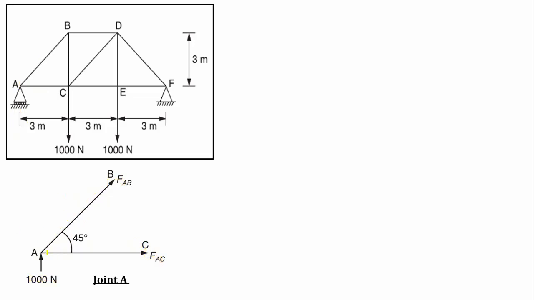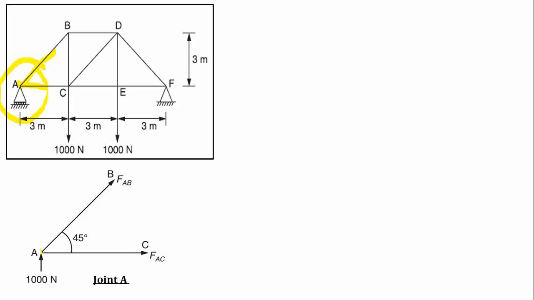So when it is a coplanar concurrent force system, we have two conditions of equilibrium, that is summation of f of x is equal to 0 and summation of f of y is equal to 0, right? That means we have two equations. Two equations means we can get a solution for two unknowns. Therefore, when you are solving a truss by method of joints, you have to select a joint in such a way that it has a maximum of two unknowns, because two equations and two unknowns can be solved. So if you see this joint A, we have one unknown here and one unknown here, right? Therefore I will select this joint A and try to solve.